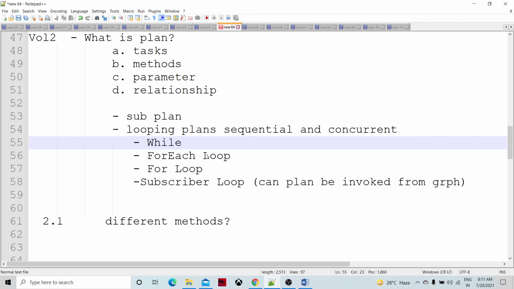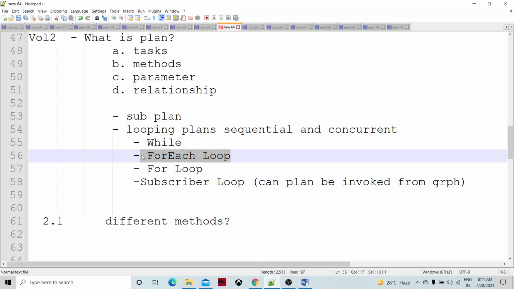And for the for each loop plan, it depends on a list of values basically. If we have a list of 10 files and we are going to process those 10 files as part of our graph task, within that subplan we are going to call the graph task.